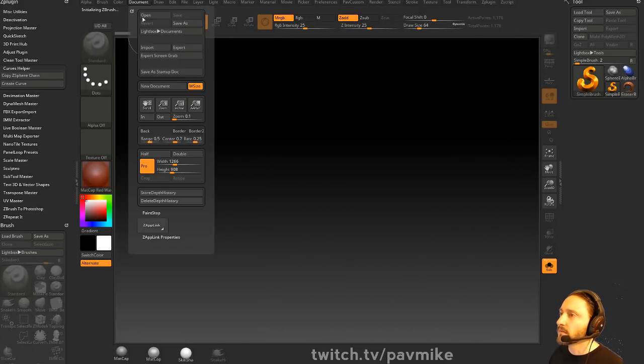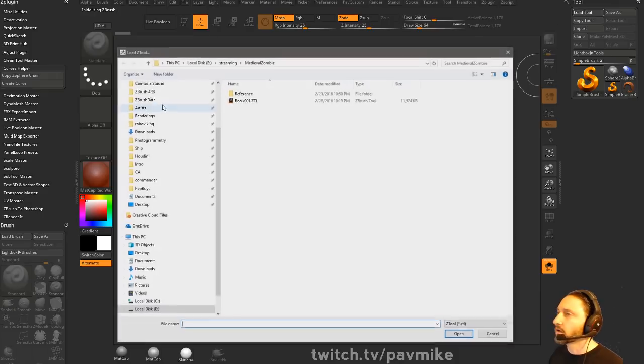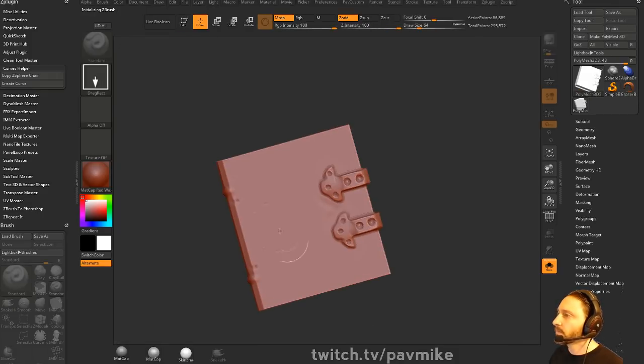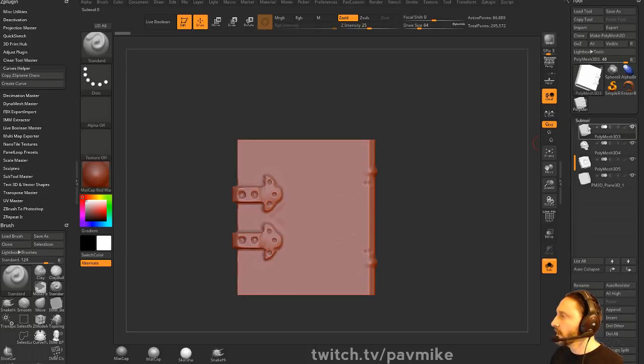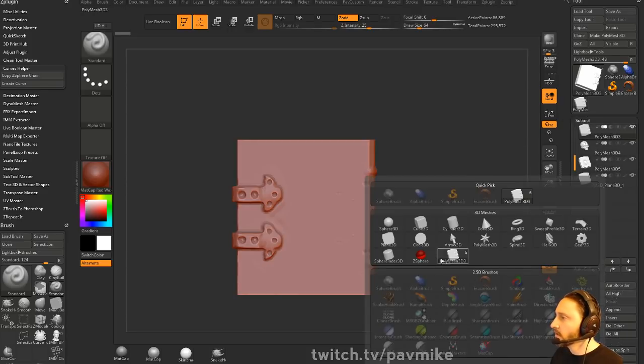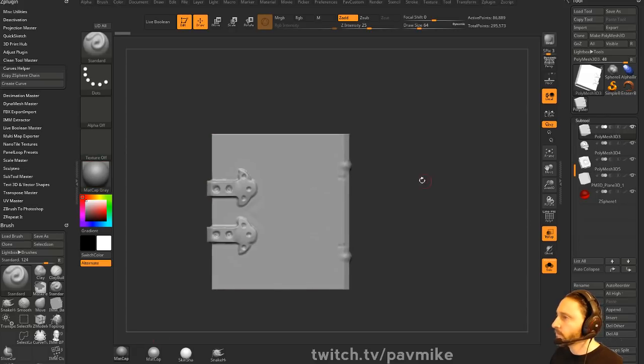And then I'm going to documents, turn that range down. And then we're going to go to load tool, book. And then if you're not aware of this functionality, you should be able to, if we go to append,